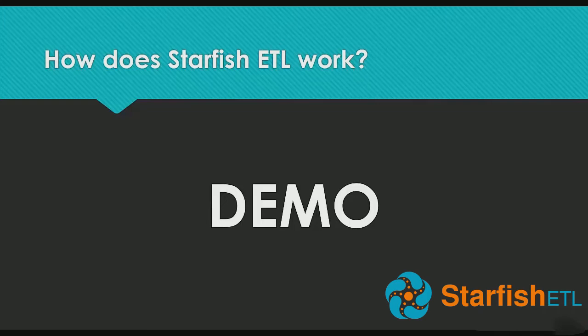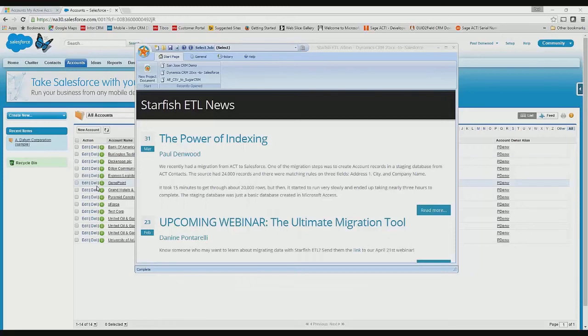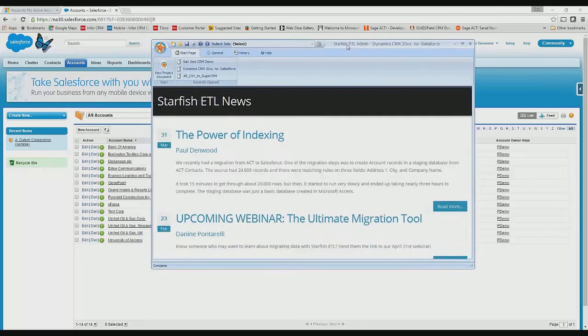So let's look at Starfish. We'll do a quick demo here of how it works, and we'll actually migrate a little bit of data, and we'll give you a good sense of how simple the tool is and yet how powerful it is. So I'm going to come out of the meeting here, and on my screen we can see Starfish, and this is the tool. It's just a Windows application,